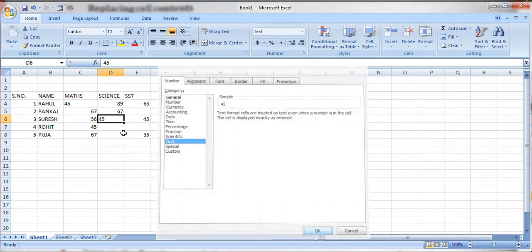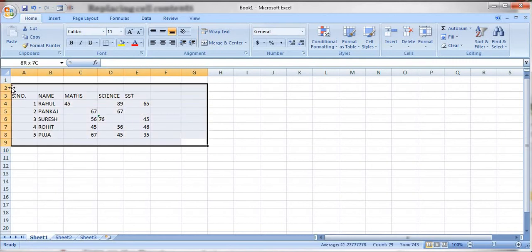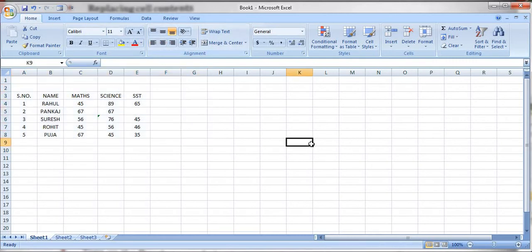Okay, by default it's text. So here I am writing 76. Now I am changing the alignment of all of this to center aligned so that it will look good. Now here also let me give one number.